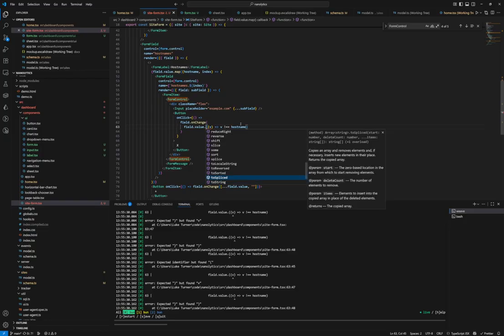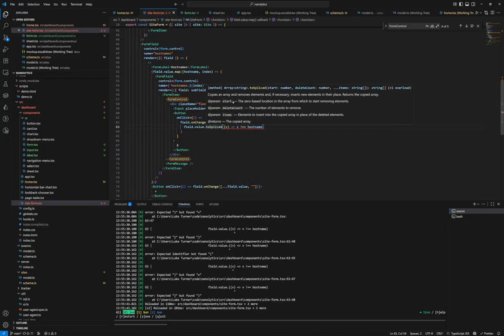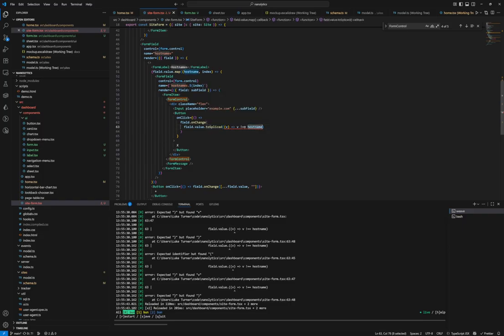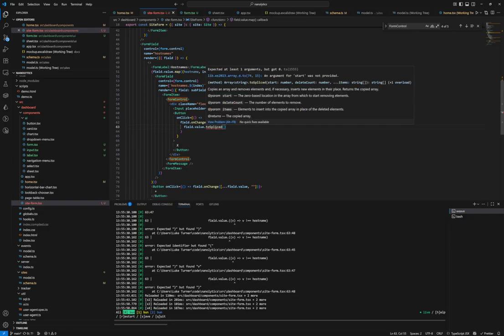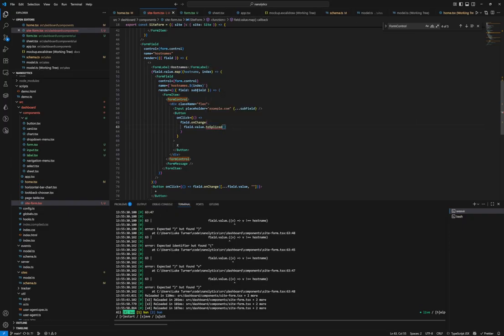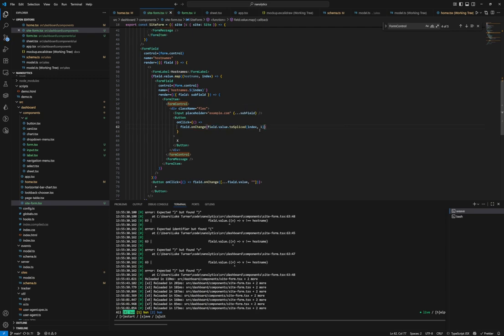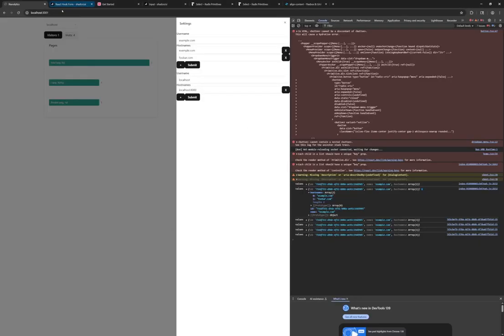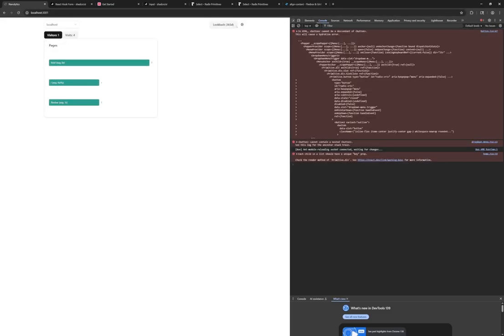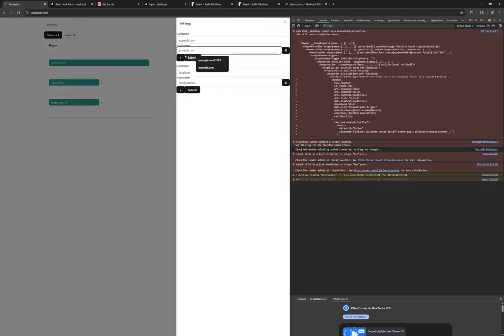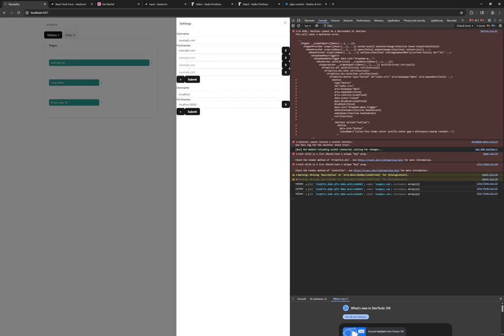To splice. I think that might be what I want. Copies an array, removes elements if necessary, inserts. Yes, perfect. And so we're going to start at index and delete 1, right? Let's just refresh this. So now if I add 3 of these,